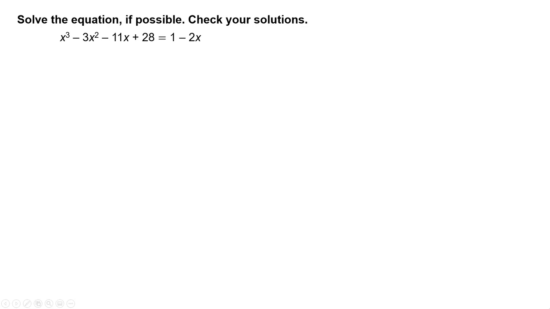Solve the equation if possible. Check your solutions. x cubed minus 3x squared minus 11x plus 28 equals 1 minus 2x. First, move all your terms to the left side of the equation, and you should be left with 0 on